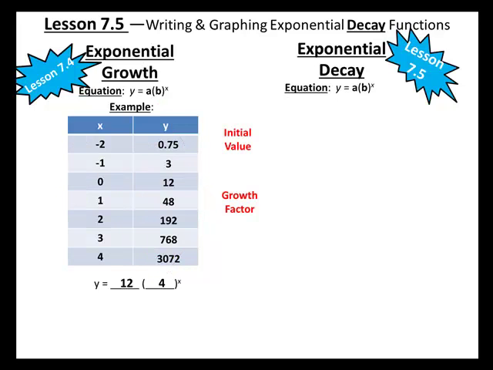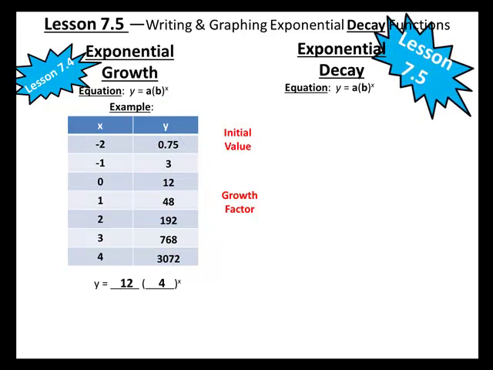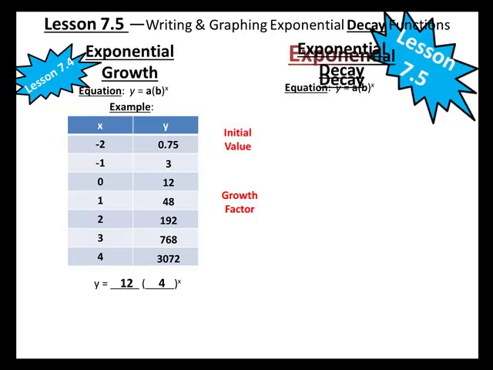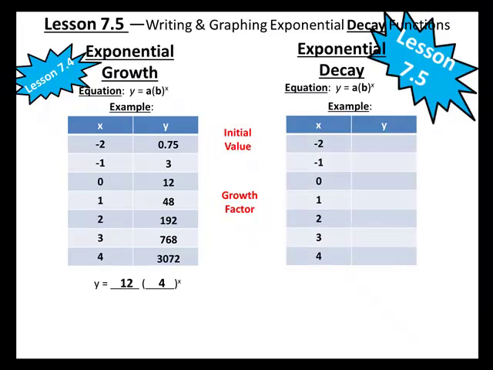Now if we take a look at what's going on in Lesson 7.5, exponential decay, an example of this, we're going to set up the same type of table, but instead of our numbers increasing as we go down the table, our numbers are going to decrease. We're going to start out with 128, drop to 32, drop to 8, drop to 2, drop to 0.5, drop to 0.125 or 125 thousandths, and then go to